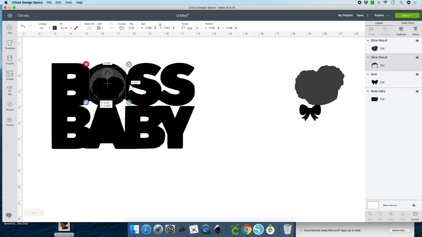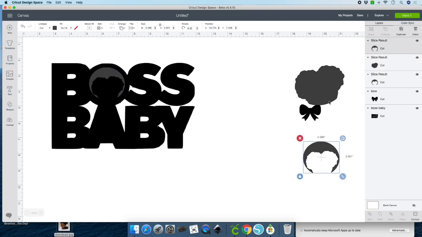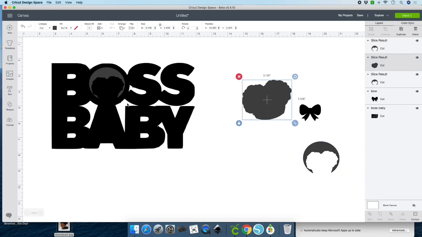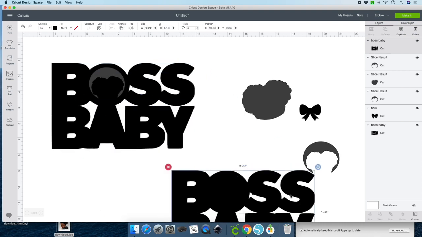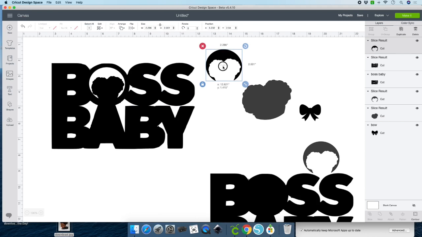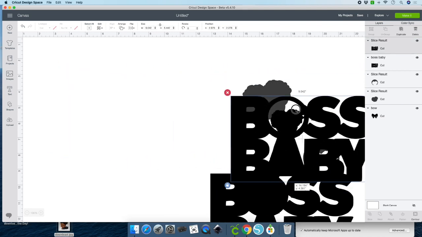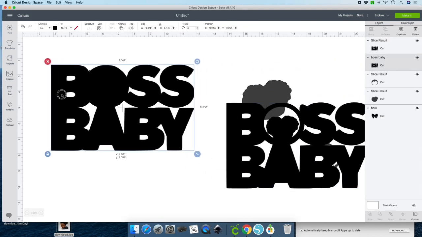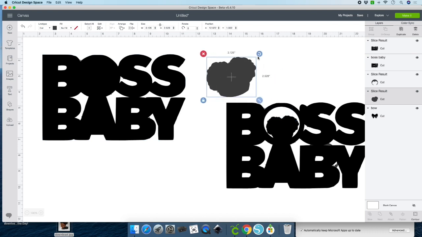Okay, let's go ahead and do this right here. Duplicate this right here just in case. Highlight the entire image and we're going to go ahead and click on slice. Once you slice it, you want it looking like that, or we have that option, or grab your Boss Baby again, grab this part here,